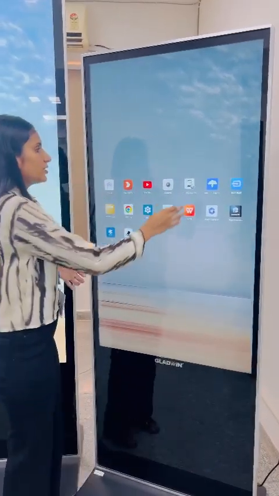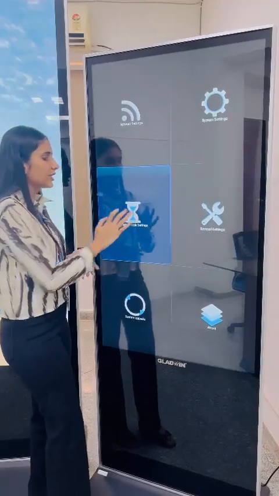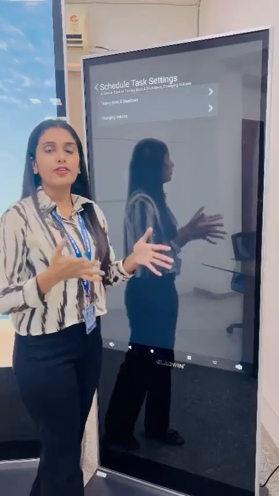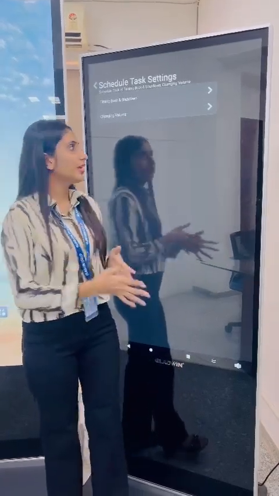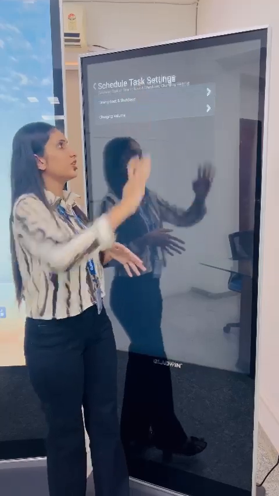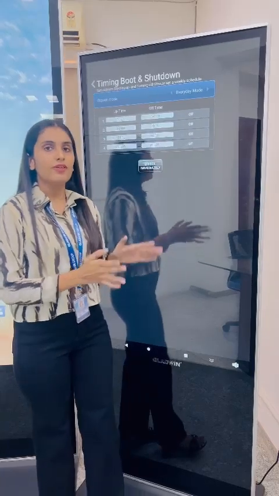Now in this kiosk, we will be giving you the signage settings. From the signage settings, you can schedule the task settings. If you want your kiosk to be switched on and switched off or shut down at a particular time, that can be done through the timing mode and shutdown. You can set the timing for the shutdown so that the kiosk will be automatically shut down whenever the time